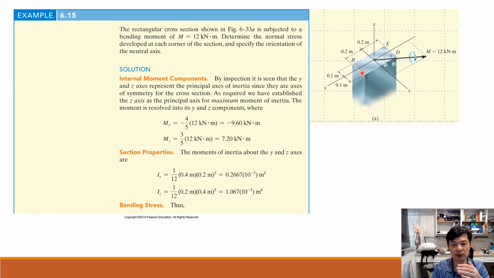Before we go through all the detail, we first find the principal axis. This can be determined as two principal axes, y and z. Okay, so this is the first step: principal axes y, z should be determined first. After that, we can use these two principal axes to decompose our moment into my, mz. That is another part, my, mz. And then iy, iz can be given. After we know all these parameters,